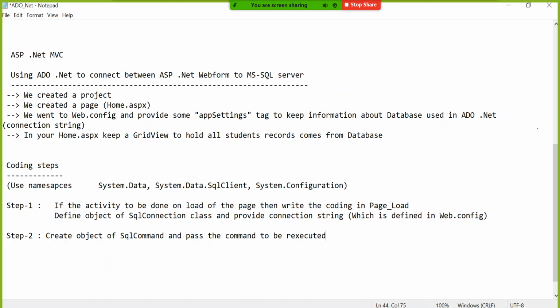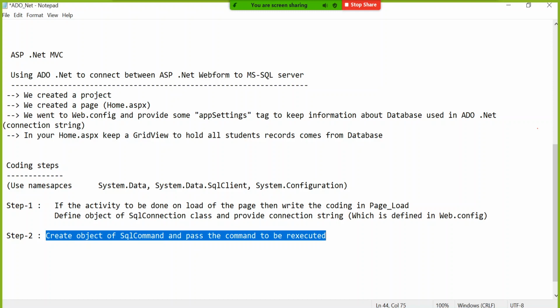So first time today, since we are doing ASP.NET, we will write this command directly in C#, guys. But going forward, in the next class when we meet, I will tell you that writing SQL commands directly in C# coding is not a good practice. It is a wrong practice, but easy to understand and remember. That's why I'm going for that step.